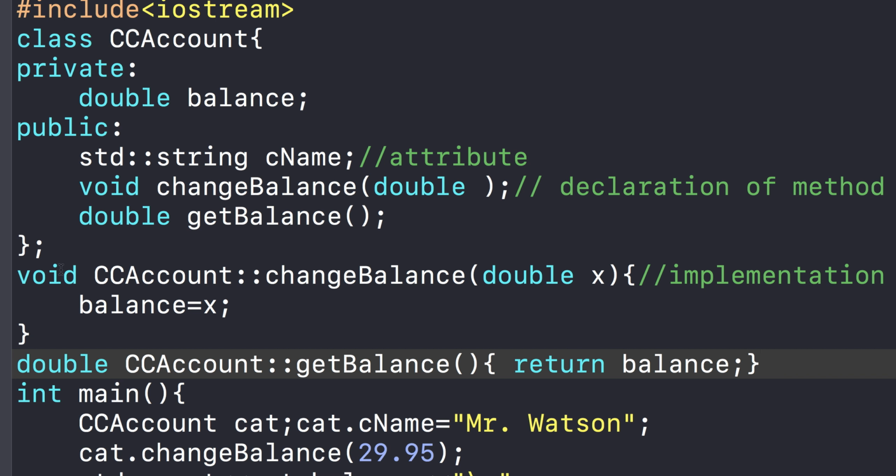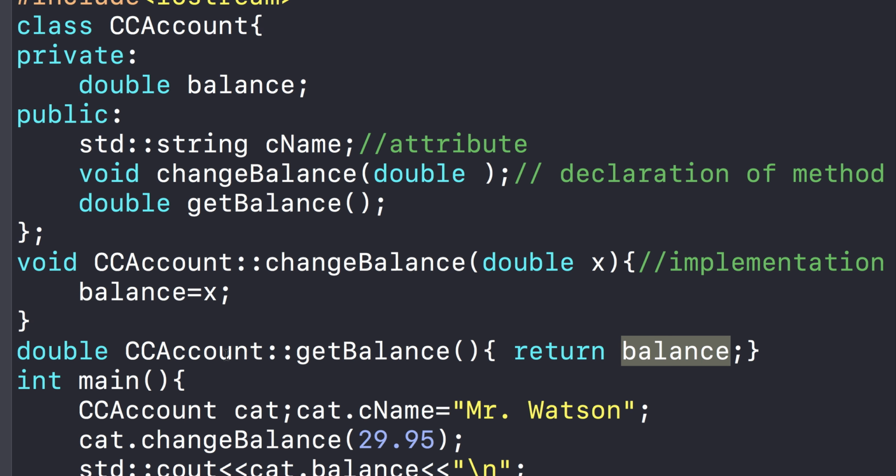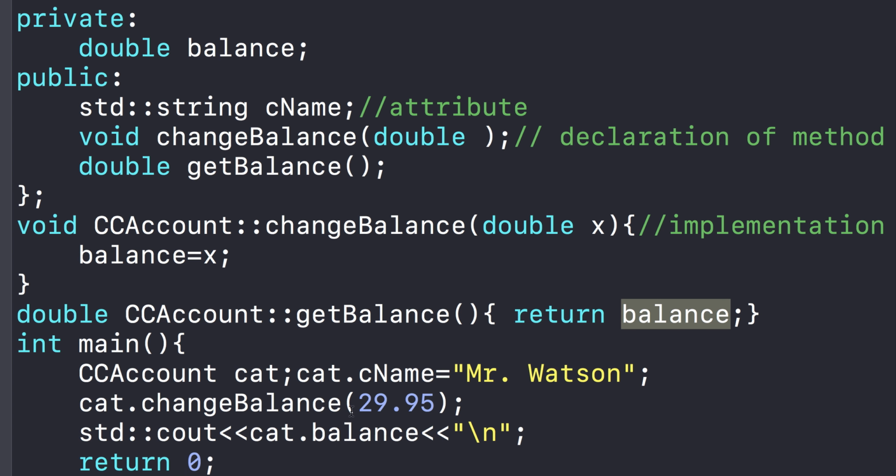You may notice that when I'm implementing the methods of the class, I can simply use the attribute balance. I can access that attribute. While if I'm outside of the class, I had to type cat.cname, unsuccessfully cat.balance, and now I can call the method getBalance,